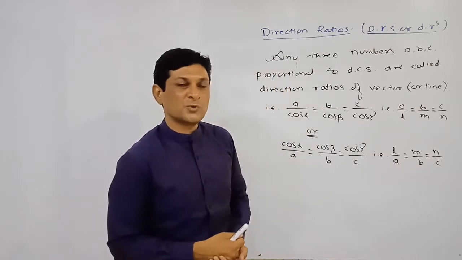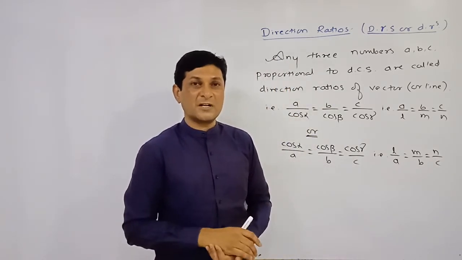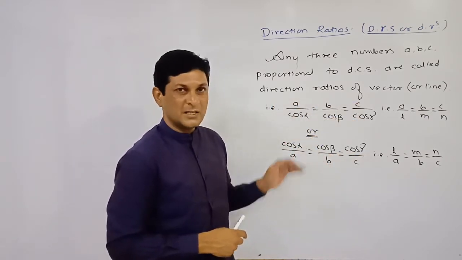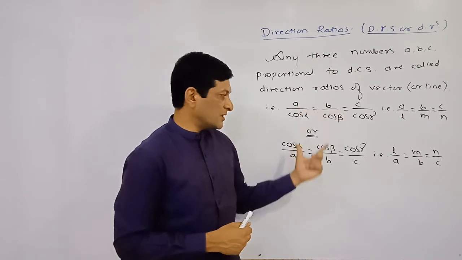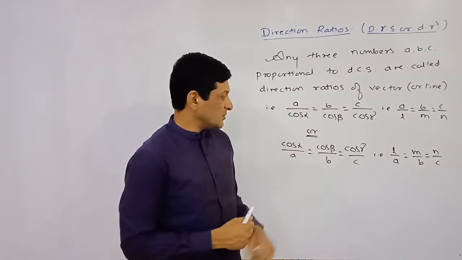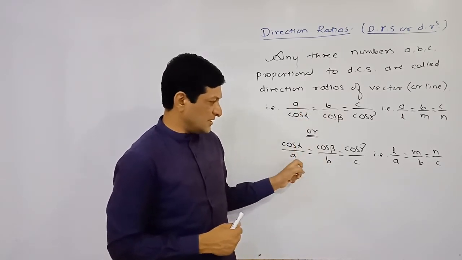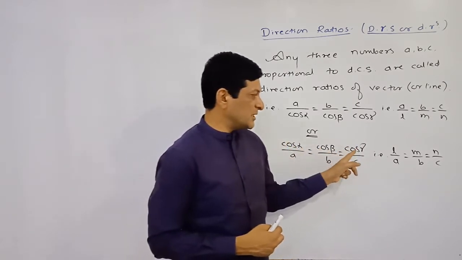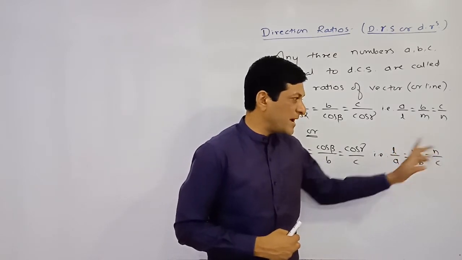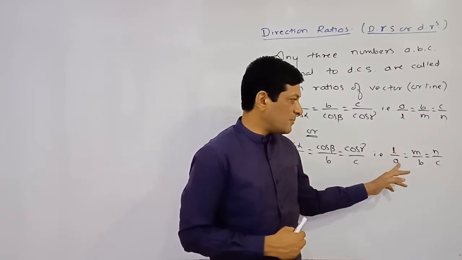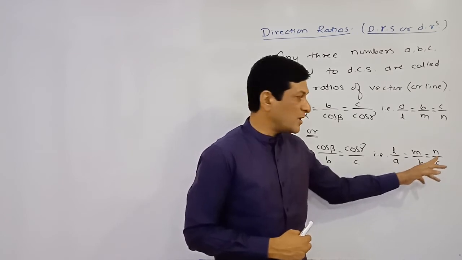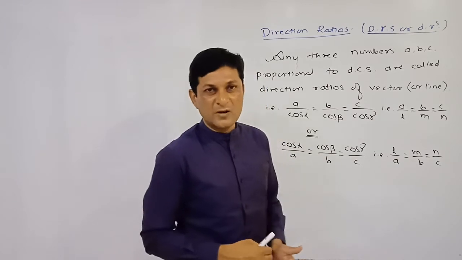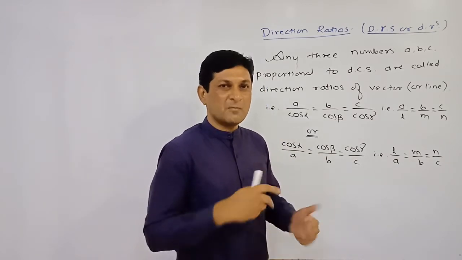We also know that if ratios are equal, then their reciprocals are also equal. So this expression can also be written in this form. Here again, these three numbers are proportional to the direction cosines, and cos alpha, cos beta, cos gamma can also be denoted by l, m, n. So here we get l upon a equals m upon b equals n upon c. Which condition we apply while solving an example depends on the required result.